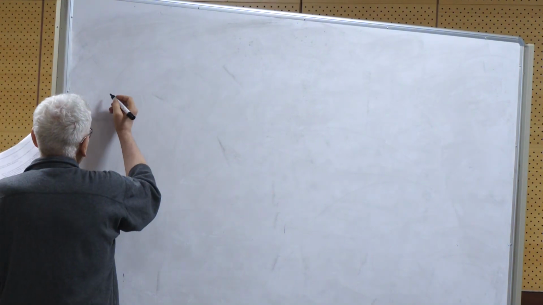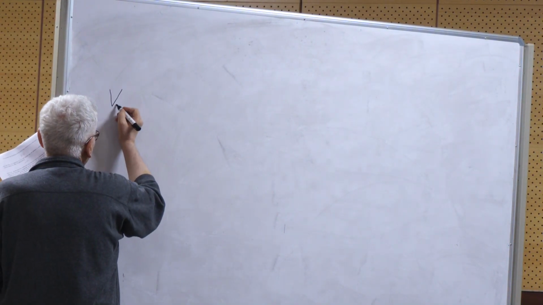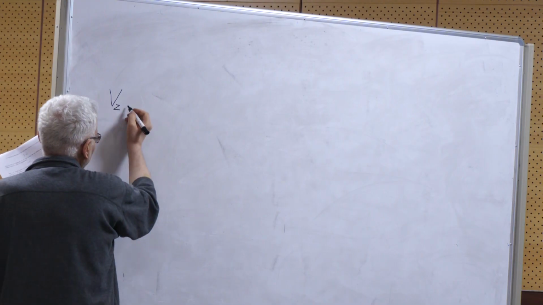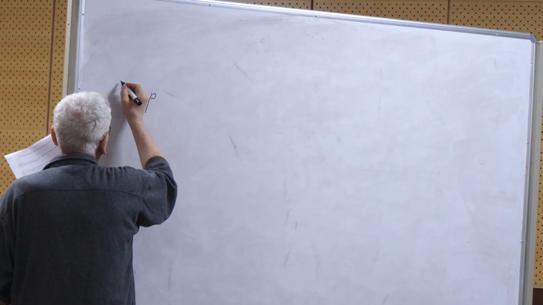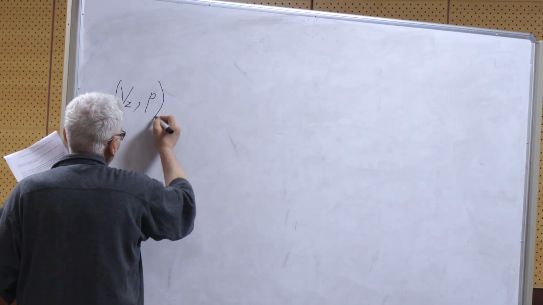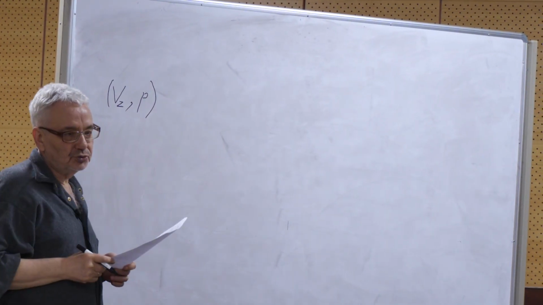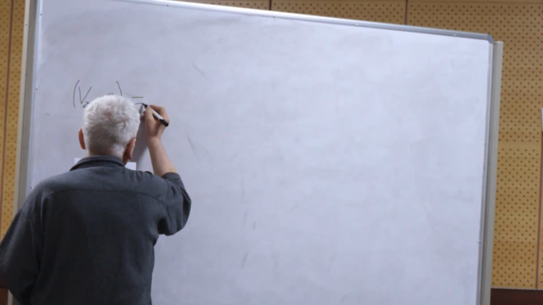So we have, as already told, the z component of the velocity. Also we have the pressure. And actually these two functions are enough to define everything, and it is equal, in our case,